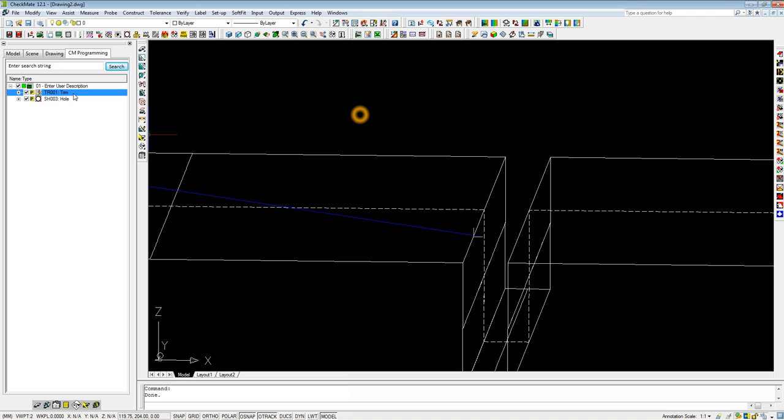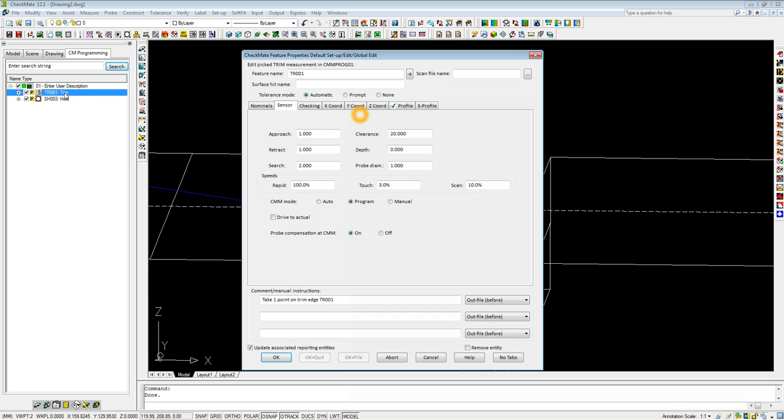So any kind of measurement that takes a hit on top and then another hit on the inside, such as a trim check, a hole measurement, or a relative slot, has this dually capability. And if we go in and double click on the trim measurement, go to the sensor tab, you'll see we've got our approach and retract that we just changed to 1. What we can do is we can actually put two values in here and separate them with a /. So what we do is we type in the first number, which is of course the first hit of the measurement, which is the surface component on top. Let's say I want that to be back at 5, and then the one on the inside, the yellow hit, I want that to be 1, so I just go